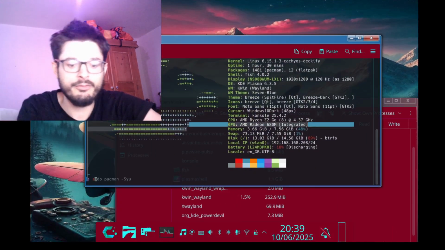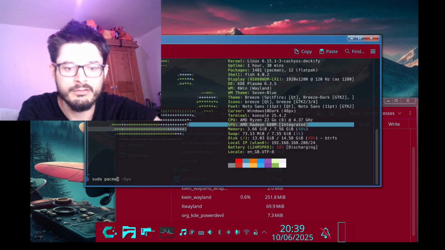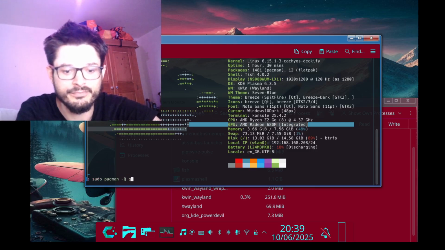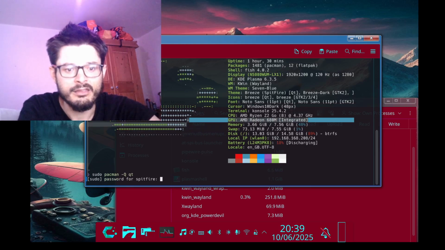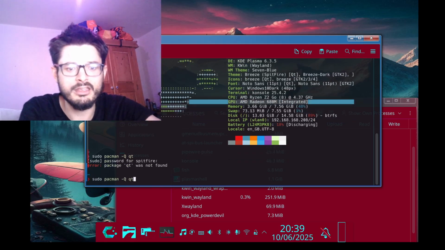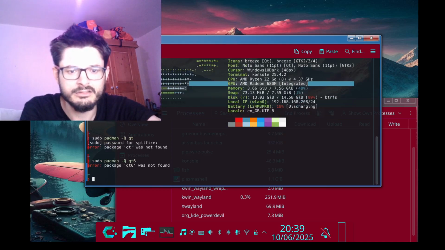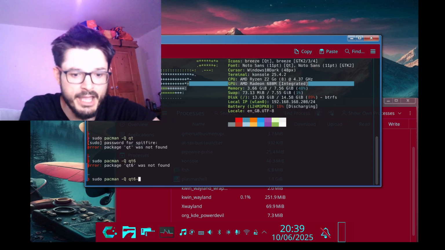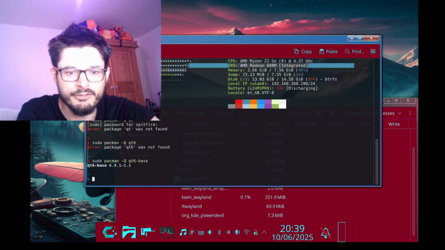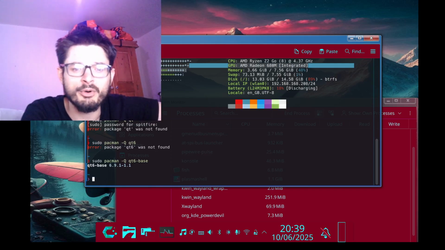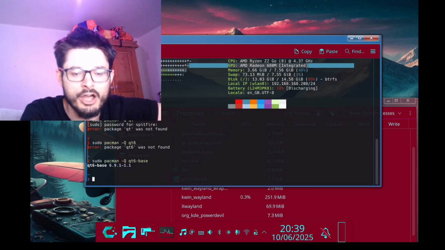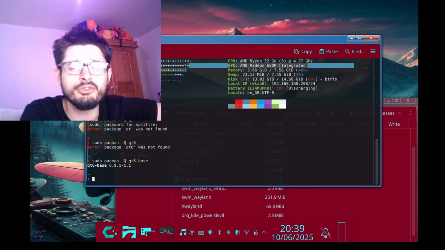And if we go on here right now, I'm going to type in sudo pacman -Q qt6-base, we're going to find that we are on 6.9.1-1. So it's obviously going to be called Qt7 base next, and we've